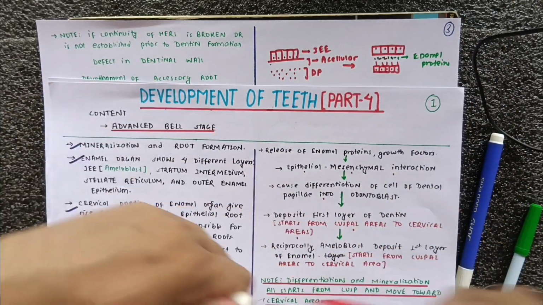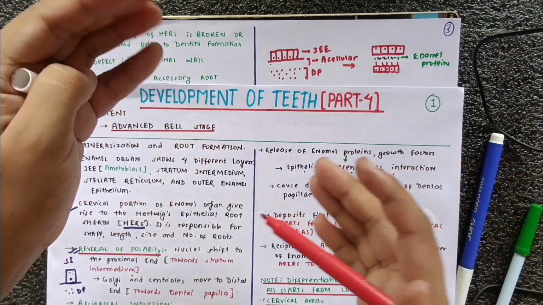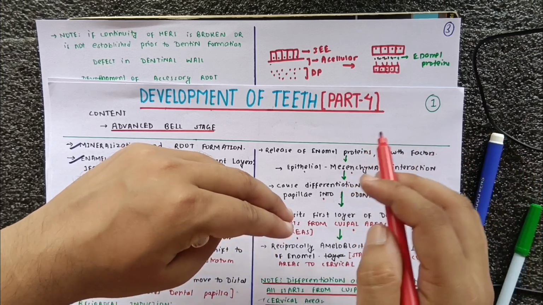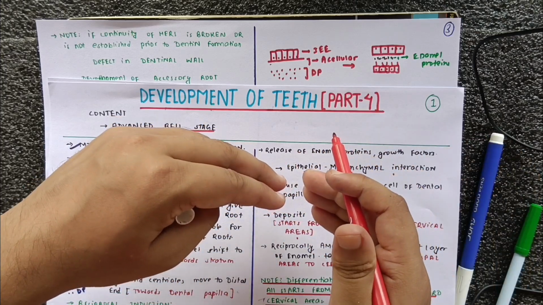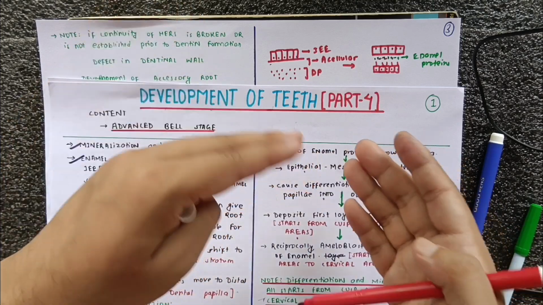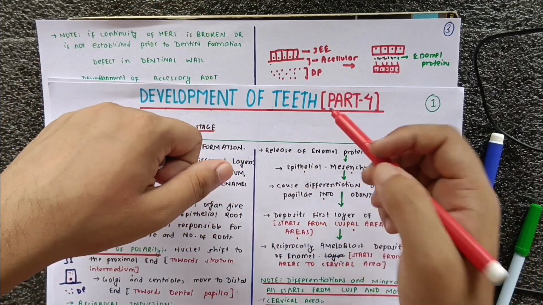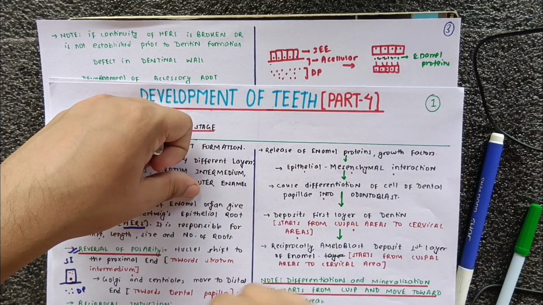The thing I want to explain is that the formation of the ameloblast depends upon the formation of the odontoblast, and similarly the formation of the odontoblast depends upon the formation of the ameloblast. So there is a reciprocal induction. One induces another and another induces the other. So the inner enamel epithelium forms the ameloblast, and